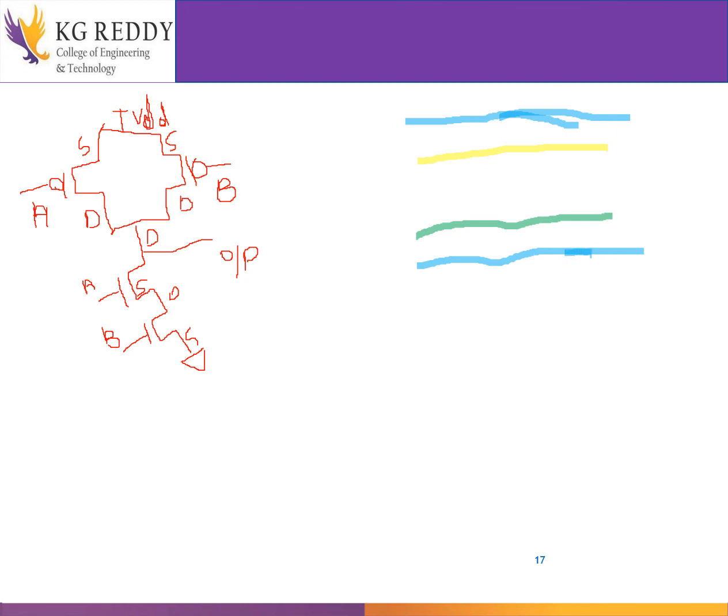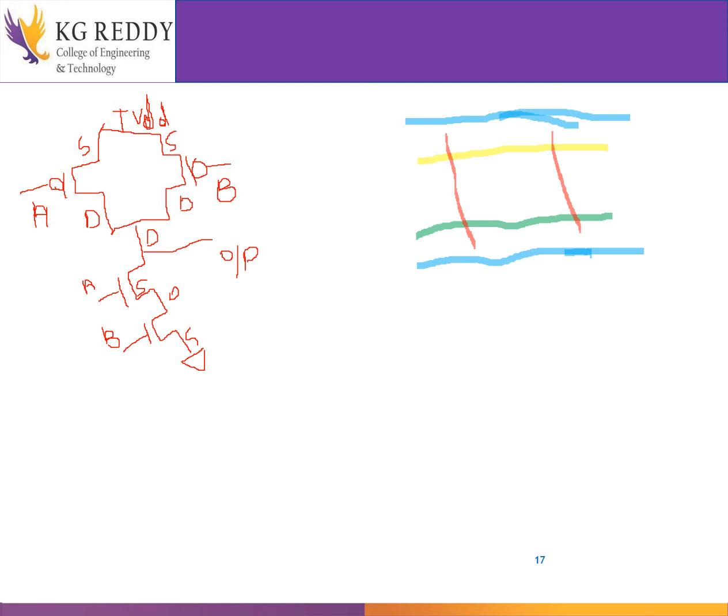And now I'll be drawing the polysilicon. As we know, polysilicon is mainly used for the interface. So what we have done is simply formed the transistors. This is one transistor, this is one transistor, this is one, and this is one. So totally we have four, 1 2 3 4, and we have now just drawn all four transistors.